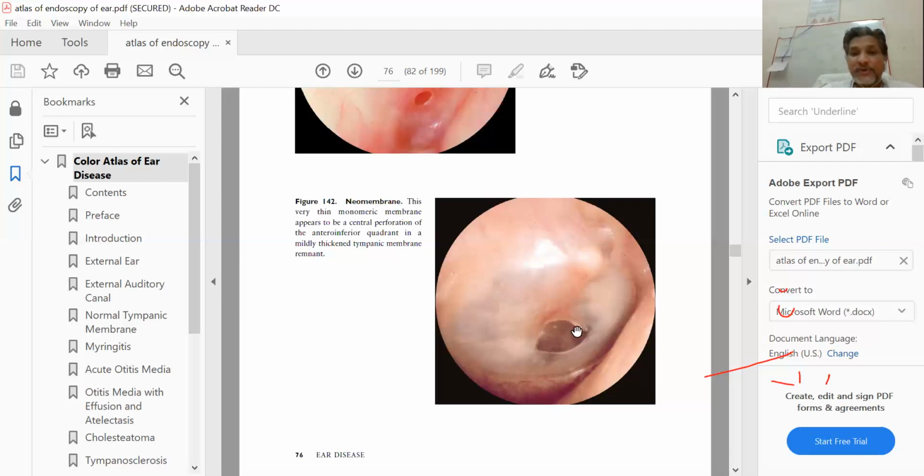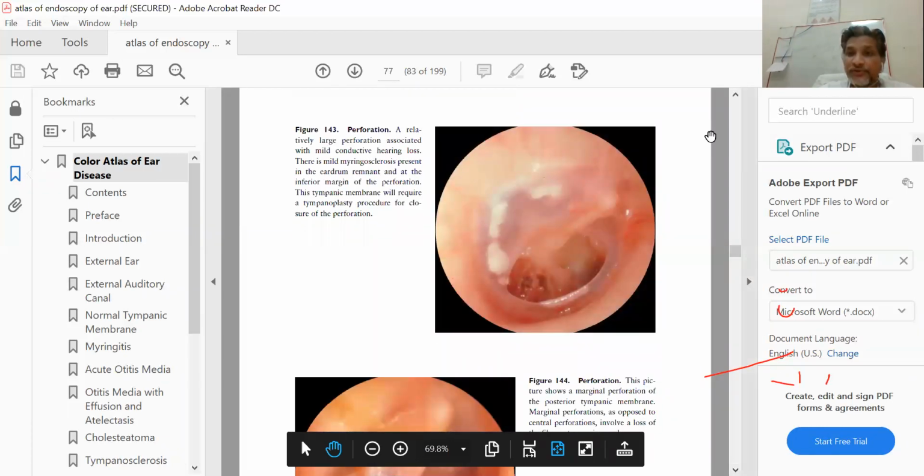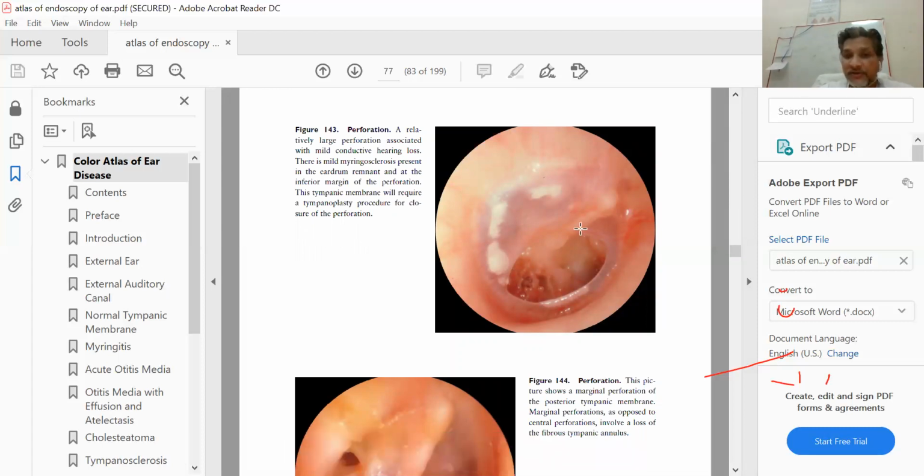So there is a difference between the translucency of these two structures. This resurfaced tympanic membrane is quite thin also, and the chances of retraction or bulging are quite high in case of a resurfaced tympanic membrane. So if the middle ear undergoes negative changes, then the part of the tympanic membrane which collapses first is nothing but the part which is resurfaced.